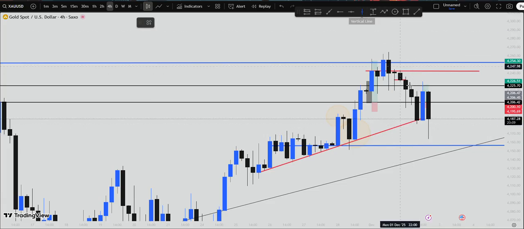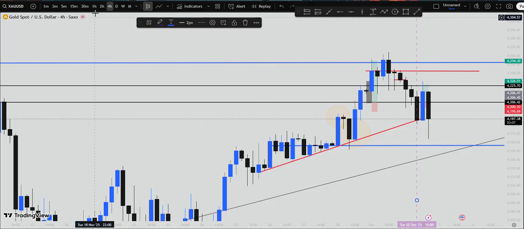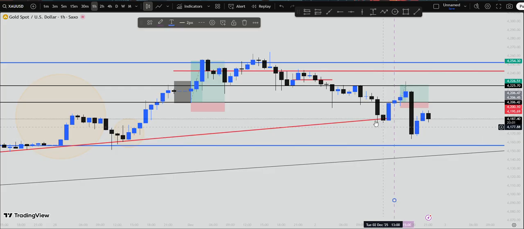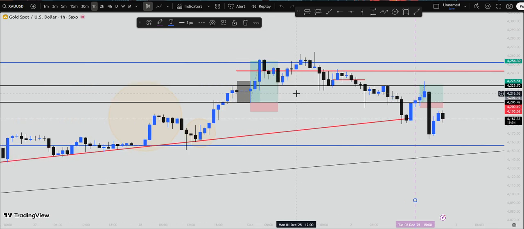I saw that the market was already here. So let's go on H. The market was around here. The market already tested my trend line, so I just wanted a quick buy. And where was my target? My target was this high here,